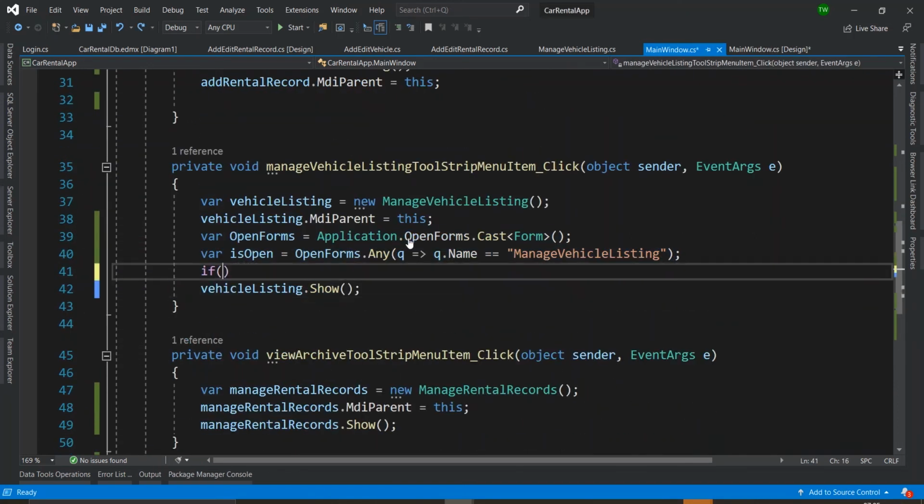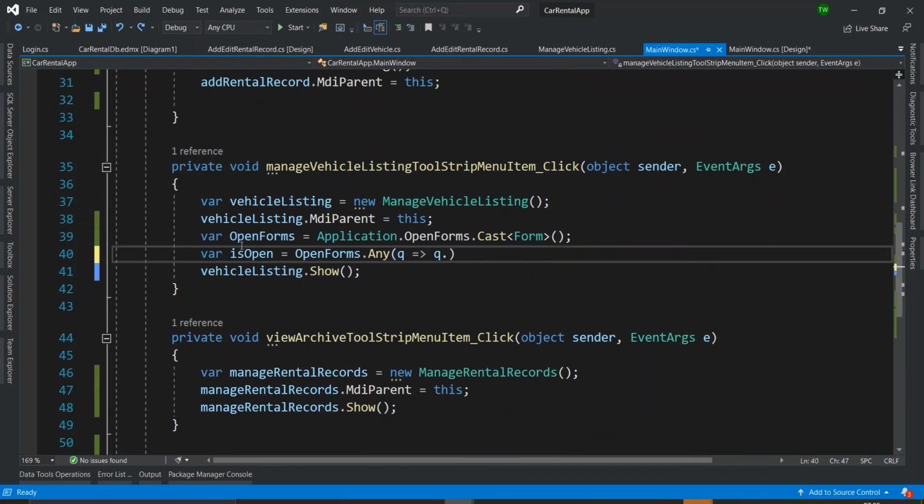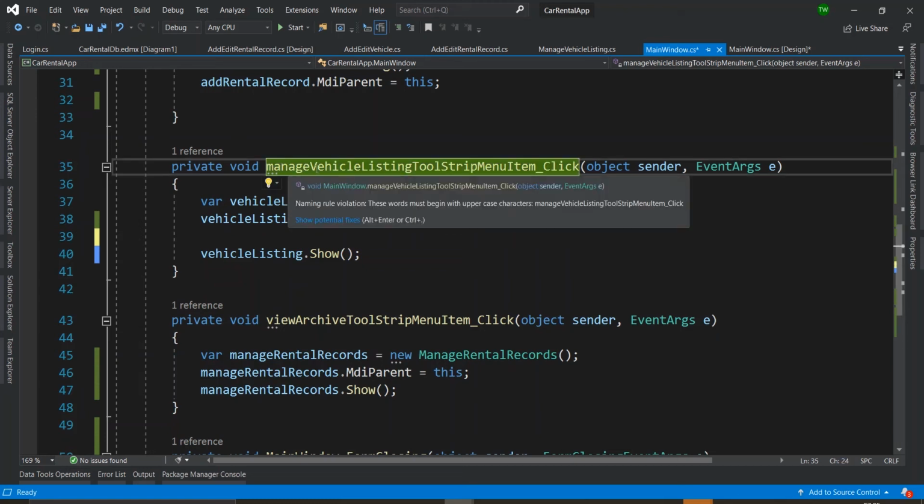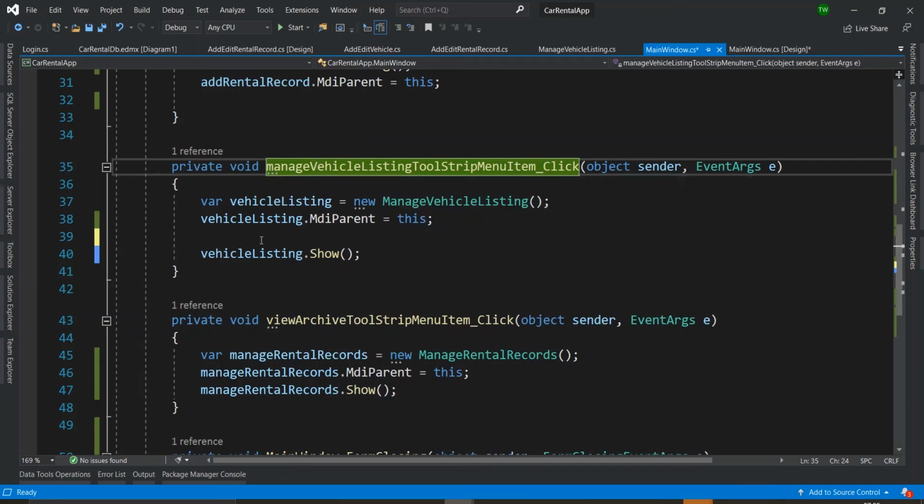Sorry, I removed some code. I wrote the code already, so let me just walk you through it. What's going to happen is that we're going to be checking all of the open forms in the application. So on button click, right? When manage vehicle listing, when that button is clicked and we're about to show, we're going to initialize,